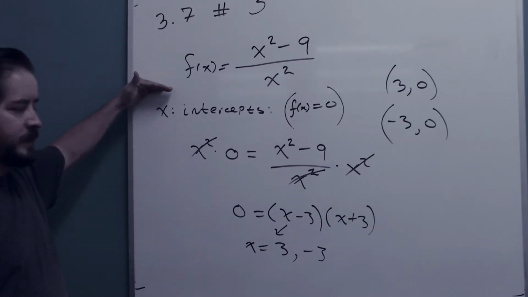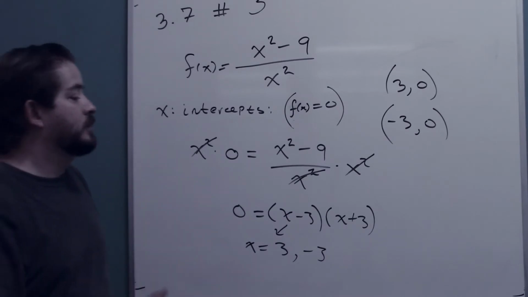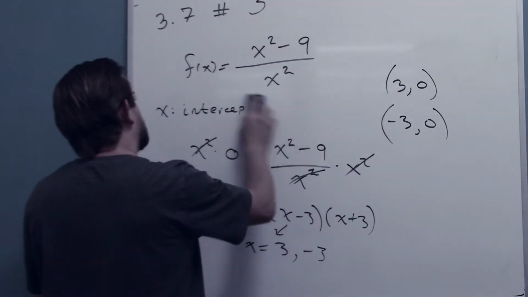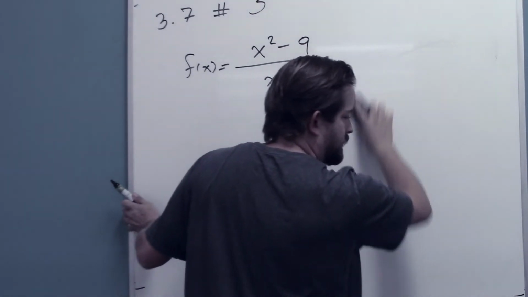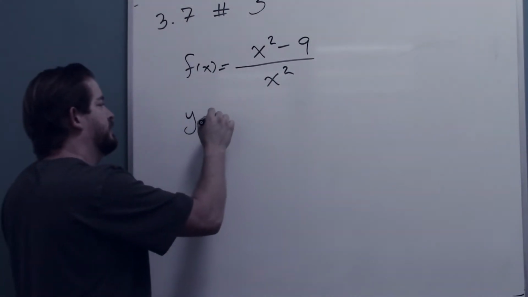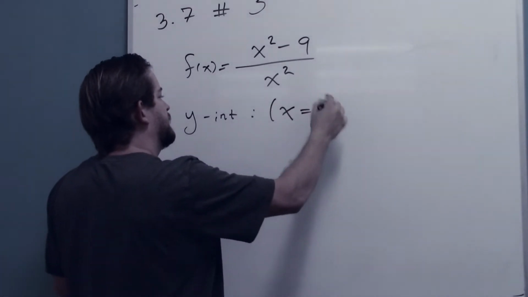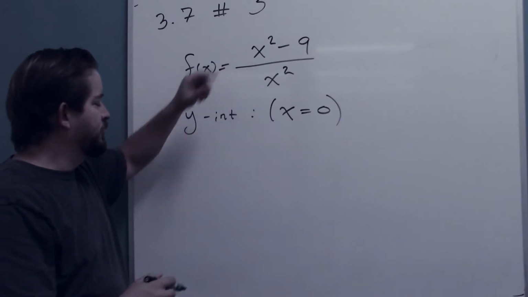I'm going to erase all of this from here down, so if you need that, pause it, because here it goes. We're going to take a look at the next part of this problem that says find the y-intercepts. The y-intercepts happen when x is 0. And so all I have to do is plug in 0 for x, but if I do, I get this,